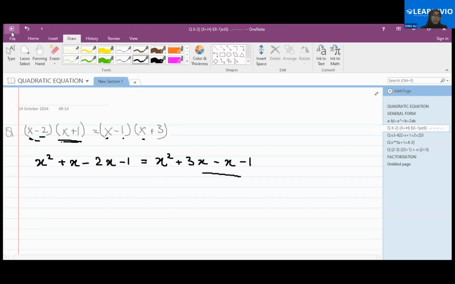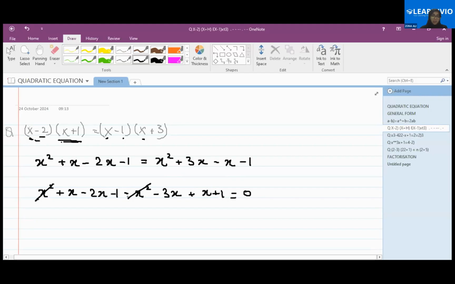Okay, so first of all this will be x square plus x minus 2x minus 1. This positive x square will go on the left side and become minus x square, plus 3x will become minus 3x, minus x will be your plus x, and minus 1 will be your plus 1 is equal to 0. Okay, is it clear till now? Yes. Okay, now this x square will